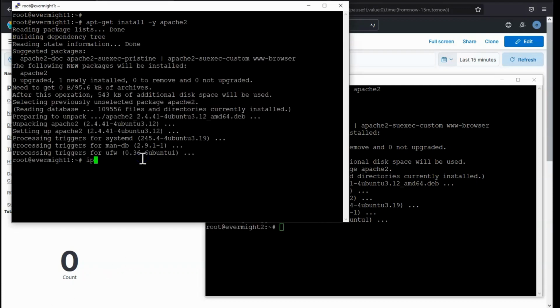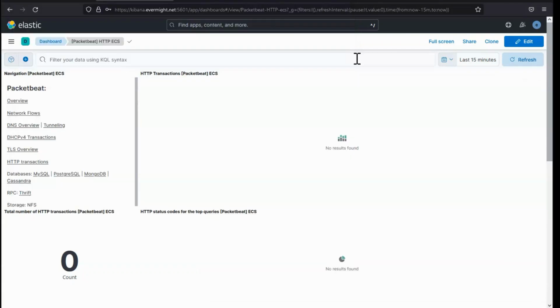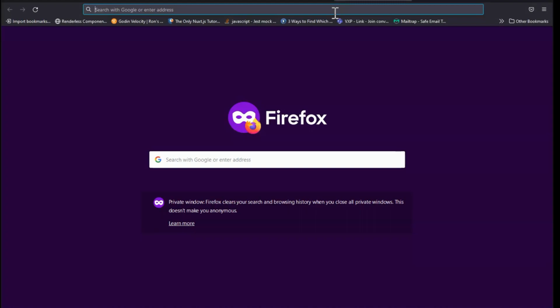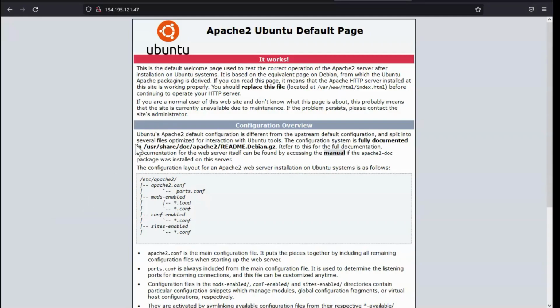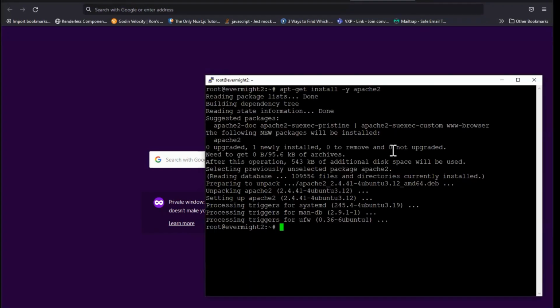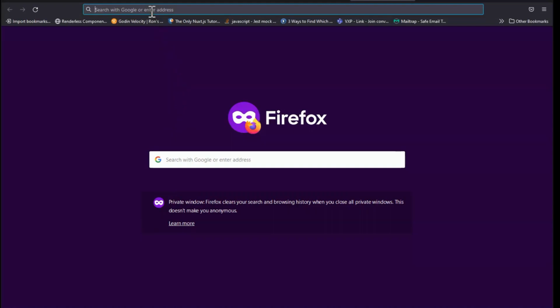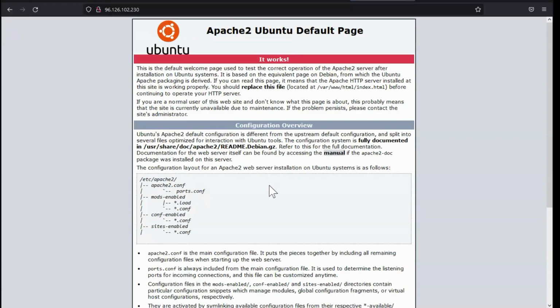Now if I take the IP addresses of these servers, I should be able to plop them into the web browser and see the Apache default page. So if I paste it in here, great, the default page loaded up. I'll start another window and do the same thing. If I take the IP address here and paste it over here, there we go. So now we see the default Apache page load up. And if I press refresh on this a few times, just to make sure we get a few more hits on these pages,